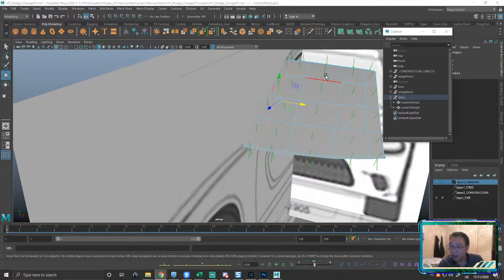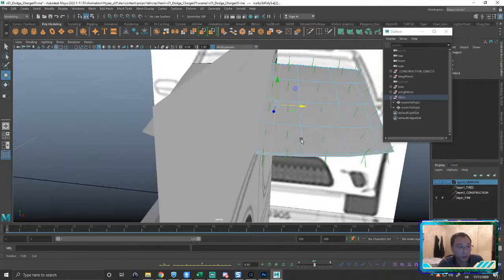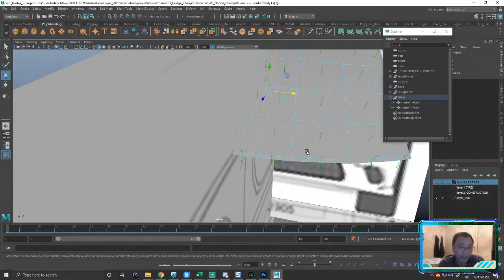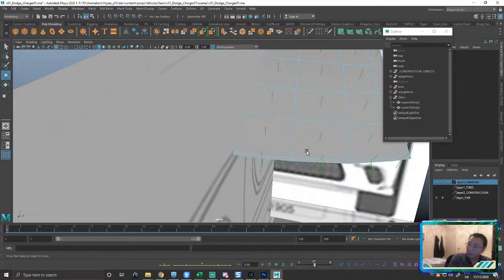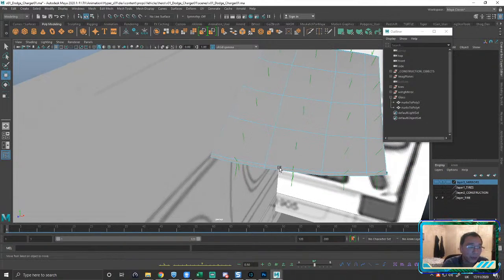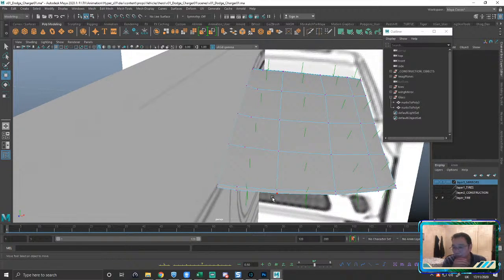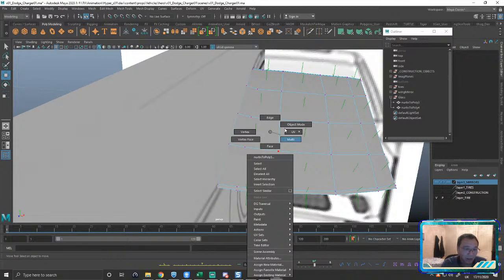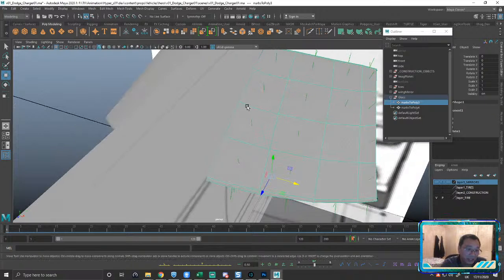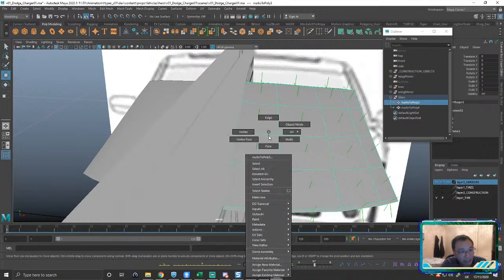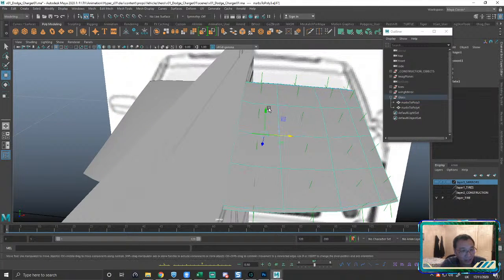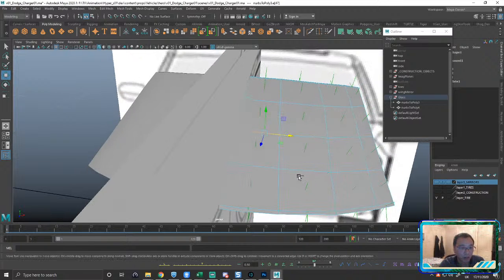I'm going to trust it. Okay, so here's what you do when you hit delete. If I hit delete, it's gone, but I've just created a bunch of illegal geometry. How do I know that? Because if I right click and go to vertex, look, I've left floating vertices there. If we go back to object mode, you can kind of see it with the jagged lines there. If I right click onto edges here and I select edges, you'll have all of these floating vertices. And that's bad news. That leads to loads of different errors and artifacts at render time for your model.